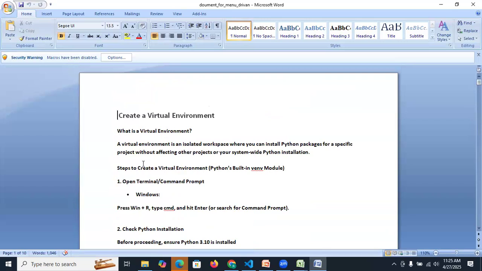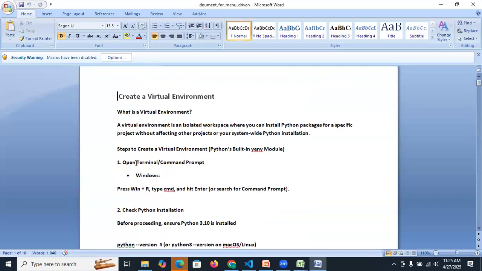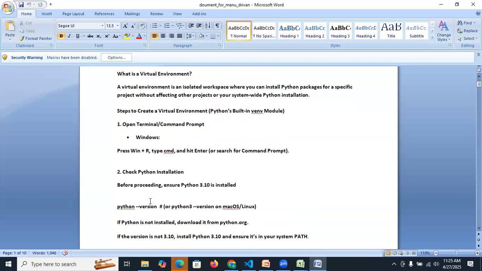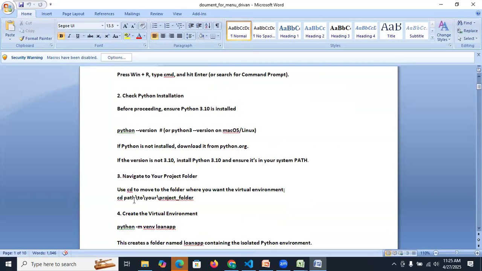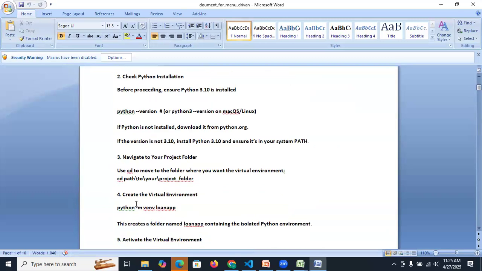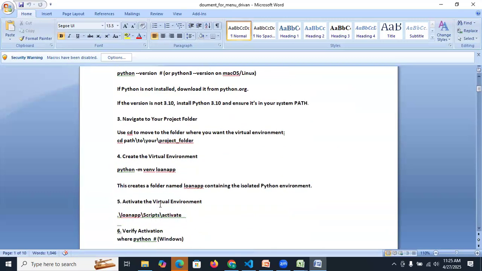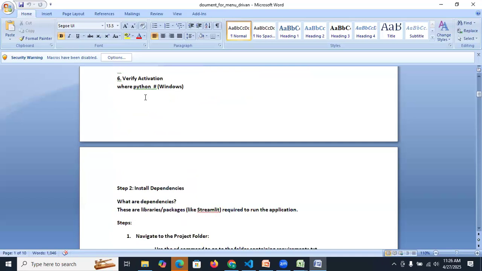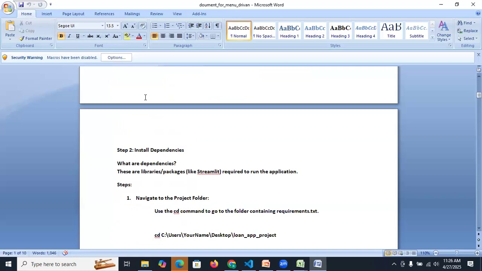I have provided what is meant by virtual environment, where you have to install Python from, which Python you have to take, and which command you have to run to create the virtual environment, and then after creating it, how to activate the virtual environment. So this you have to do first for testing purposes. Then you have to install all the